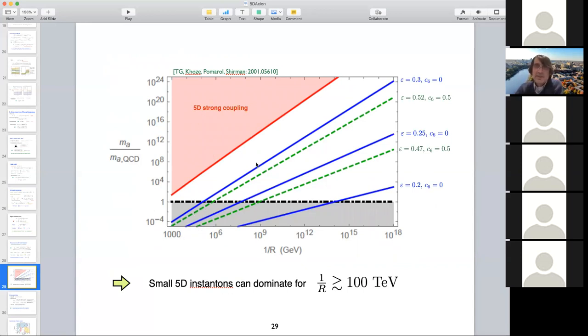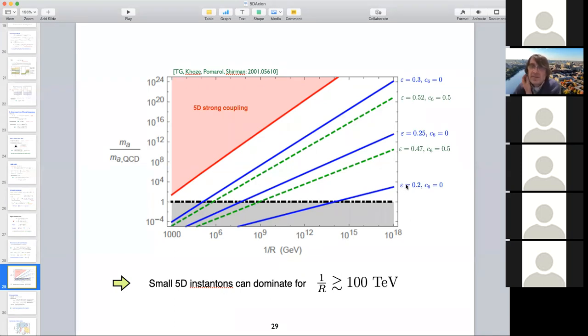So the blue and the green curves just tell you whether you have higher dimension terms or not. And you can see that, depending on the scale of where the extra dimension appears, the enhancement, so you want an enhancement, you want to be bigger than 1, you can see that you can get an enhancement provided that